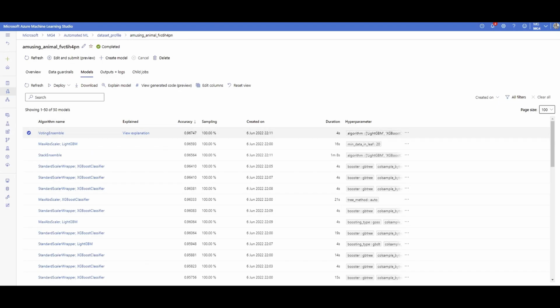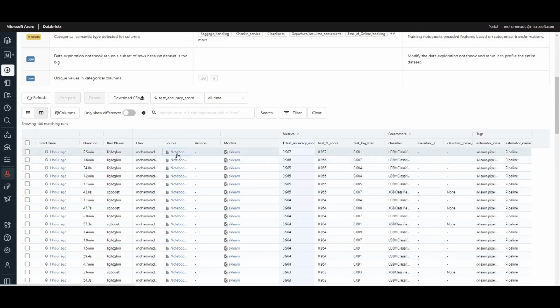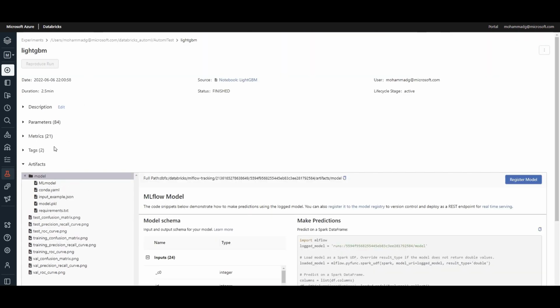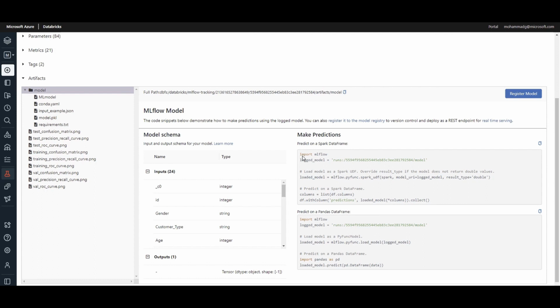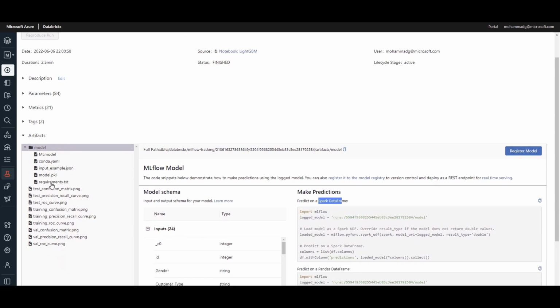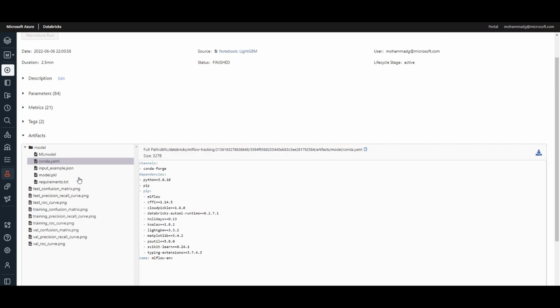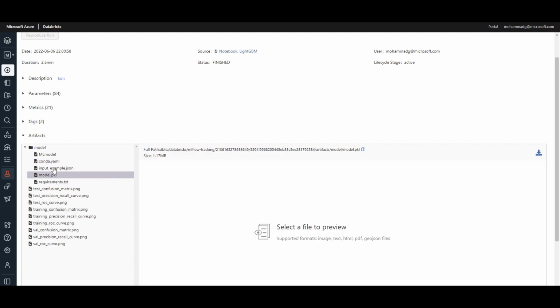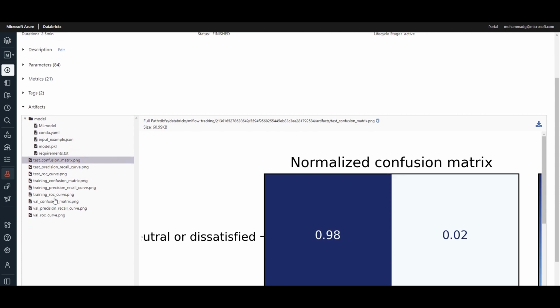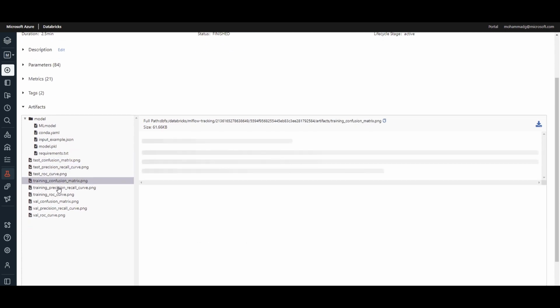All right, so coming back to Databricks, that was the code that I showed for the best model. It is telling me that it's scikit-learn, and if you click on it, you can even see more information about it. You can see it is telling you that this is the way you can do prediction with this model using pandas or Spark data frame. You can register it to create even a real-time endpoint for this model. You can see it is sort of like an MLflow experiment. I have all different information that I can use to reproduce this experiment. What is the model? What are the packages that you need to install for recreating or training this model or inferencing this model? Here are some metrics that automatically have been logged for the best model for me,